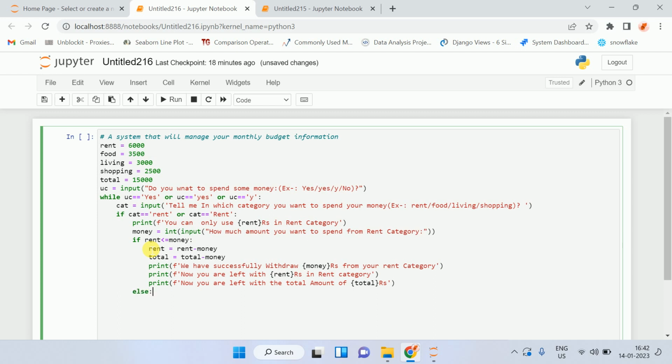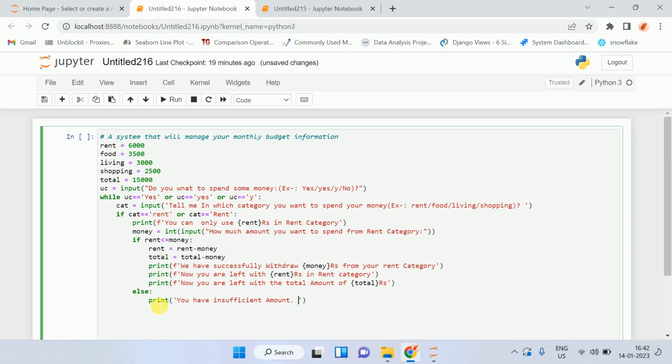So I will write an else statement here, and I will write print insufficient amount, or you have insufficient amount. Okay,